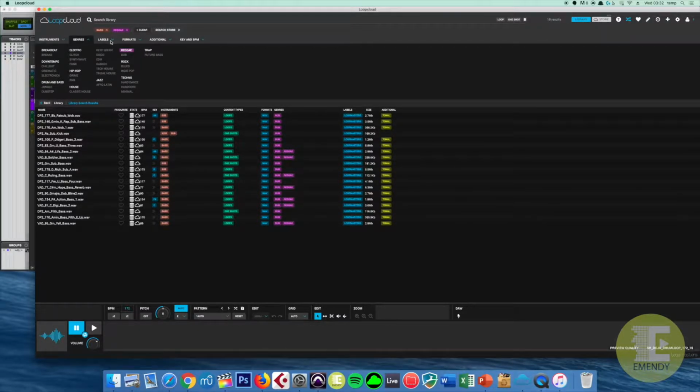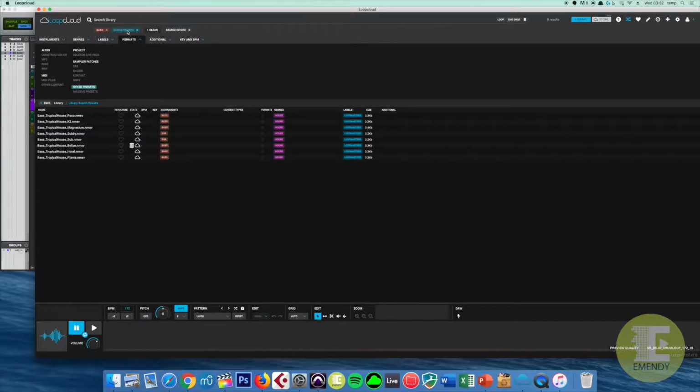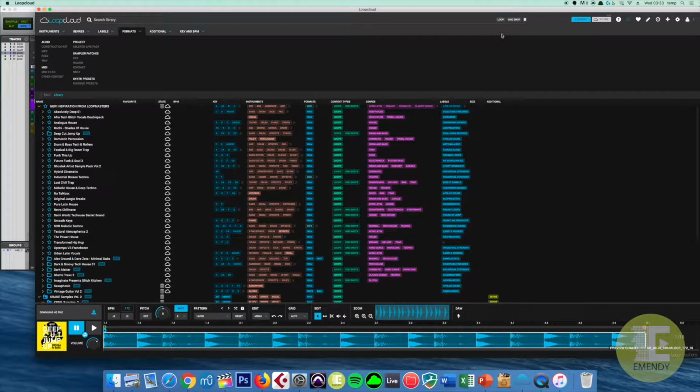And then maybe I want to search for a particular synthesizer. So I'm looking for a certain synth preset. I can simply click on that and it will take me to them, if there are any. So maybe if I untick one of those, there we go. If I untick reggae, now I've got the tropical house synth patches, all the bass synth patches that go with the tropical house music. So that's pretty cool. Then you can clear that. You can also search their store,